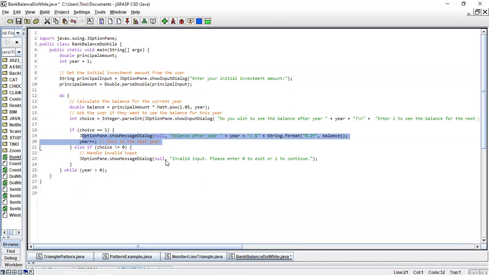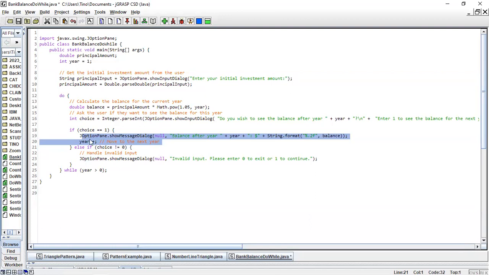We want to tell the user this is not the correct number that you have entered, or the correct button that you have pressed. Please allow the user to input another value, which is 1, right? Enter 0 to exit or 1 to continue, so that you can see the balance.